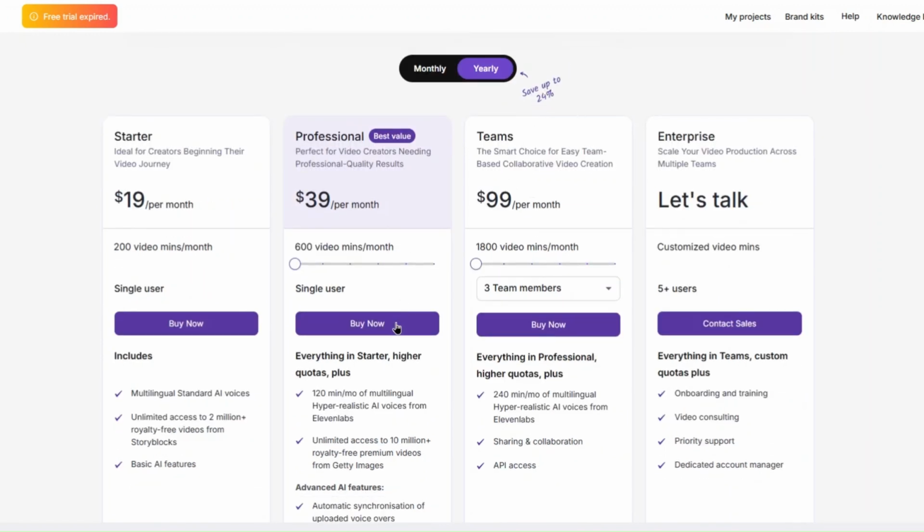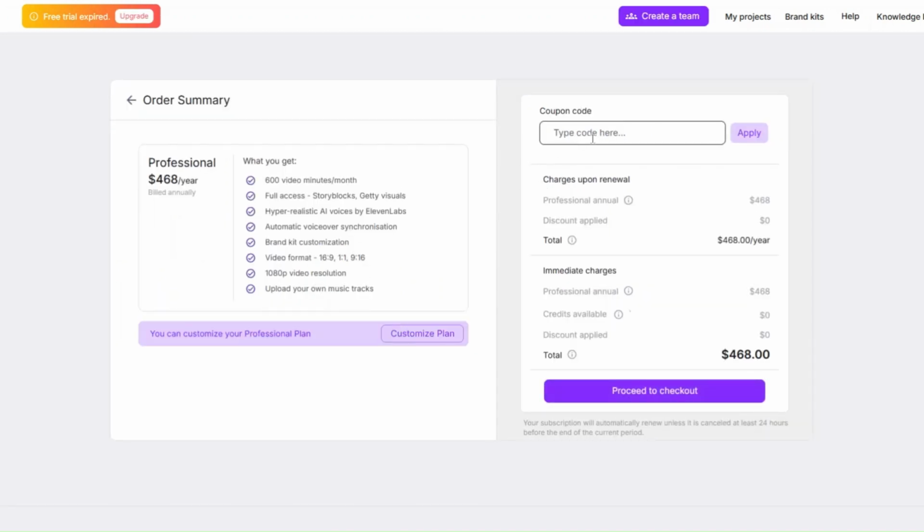When we click on this Buy Now button, you will be able to see all the details of this plan. This plan will cost me around $468, but I can use a coupon code to get an extra discount on